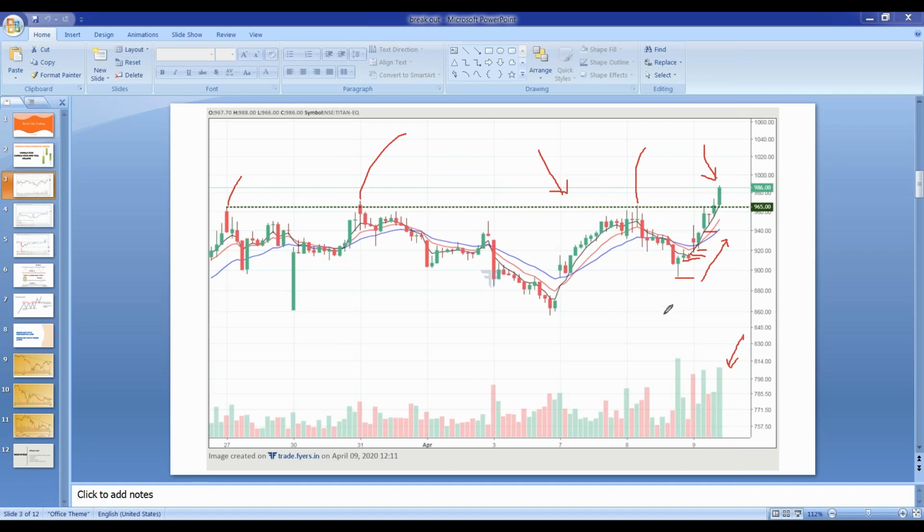So generally a smart player has bought it in this candle, and a retail trader will trade this after this candle, because retail waits for the confirmation, because we wait for the confirmation that is it going to break out or not. So this is one of the breakout what I am talking about. So this chart is one of the breakout.